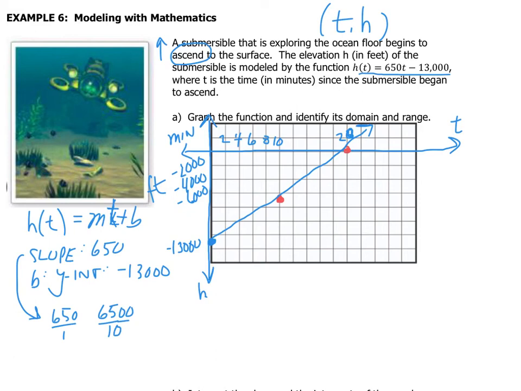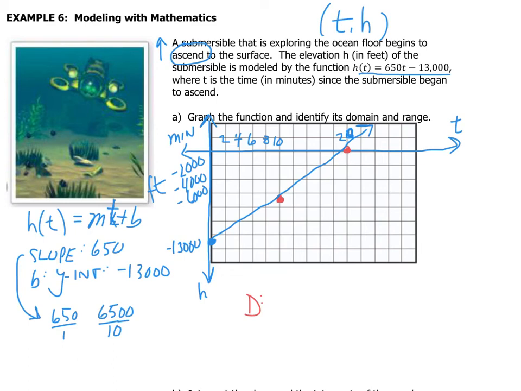Okay? So then what we want to look at is identifying the domain and identifying the range. So remember the domain and the range. Domain stands for our x values. So would you say that this is a discrete domain or continuous domain? And the question is, can you have partial minutes? Yes, you can. You can have 1 second, half a second, 30 seconds, a minute and a half. You can have a continuous number of seconds. Seconds would definitely be a continuous domain, which tells me that I would connect the dots like we did, but